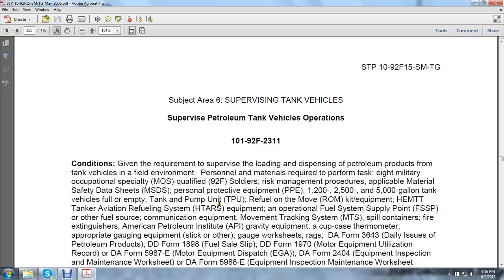Empty the tank pump unit, TPUs; remove on fuel ROM kit equipment of the HEMTTs; Tanker Aviation Refueling System, HATS; equipment of the operation fuel supply point, FSSP; other sources of communication equipment; movement tracking system; spill containers; fire extinguisher; material, American Petroleum Institute gravity equipment, cup case, and thermometer; appropriate